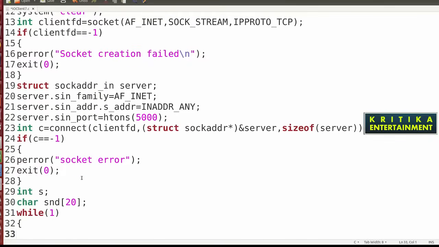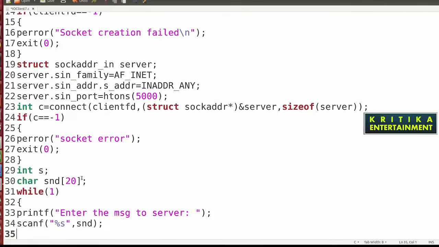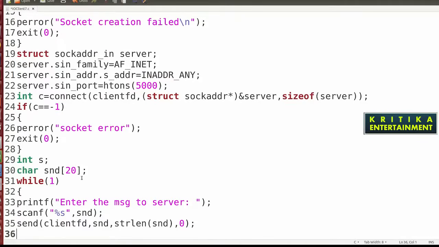While 1, here write the printf, enter the message to server, then message to server, then scanf %s, then snd for sending purpose, then write send, then client FD, then what to write here, client FD, then snd, then strlen snd, then flag 0, then close this.